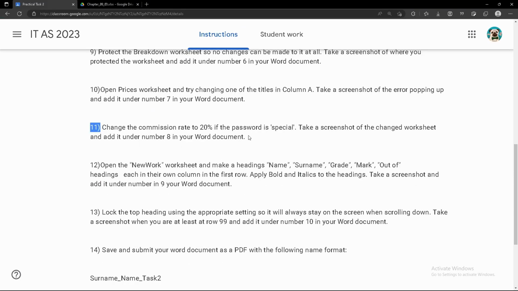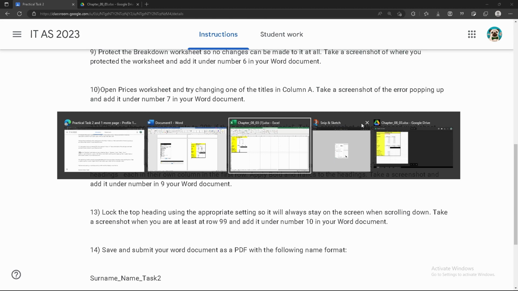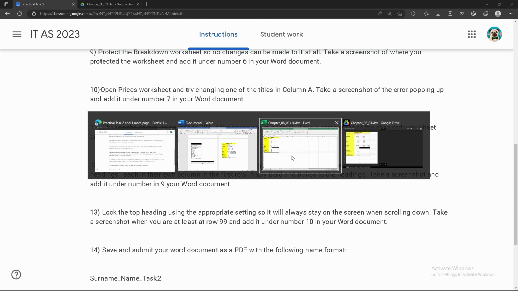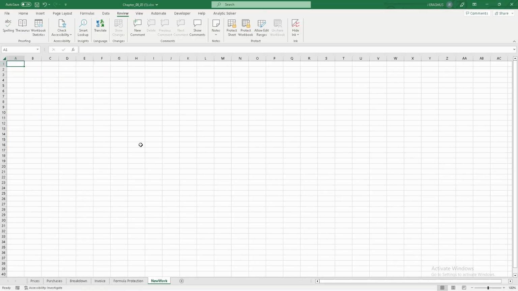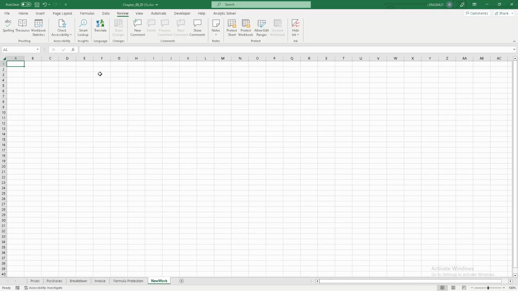And we've done that. Open the new worksheet. Sorry, I'm just going through all of this. New worksheet. Okay, I've opened this. And add the headings name, surname, grade, mark, and out of. So name, surname,